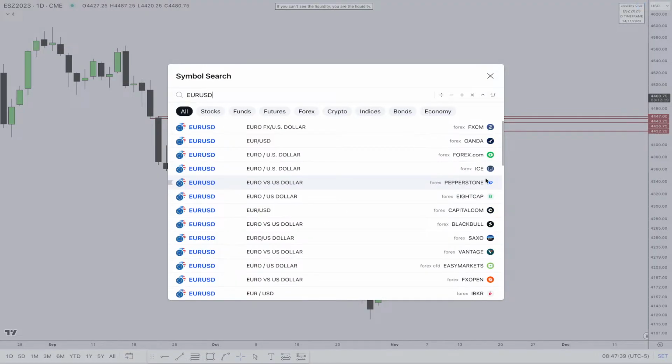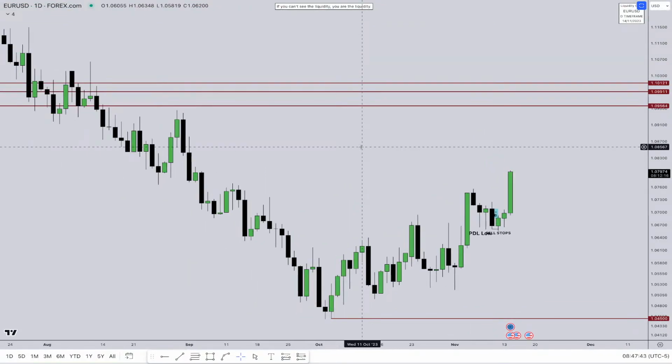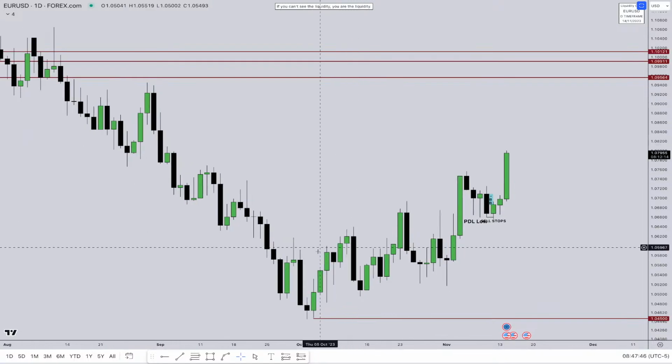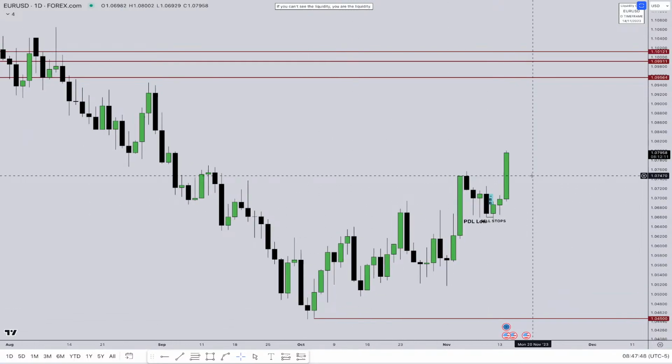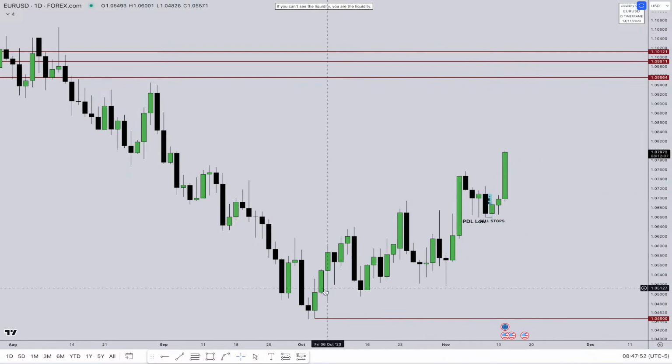Let's check Euro USD. Although we're not trading currencies due to all the geopolitical things that are happening around the world, you can see it is bullish. We formed now a bullish order block, and basically it is